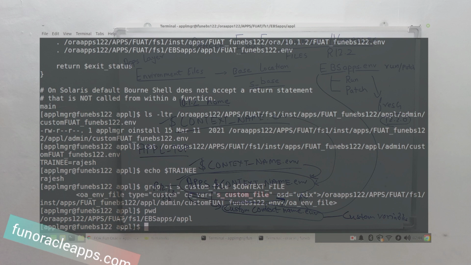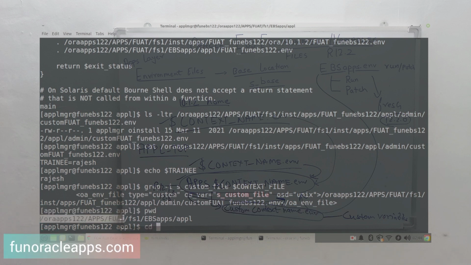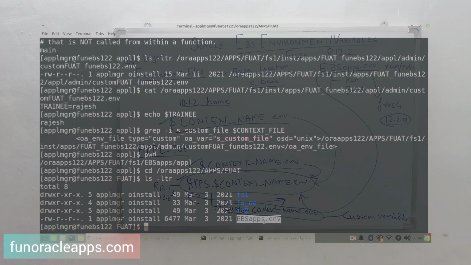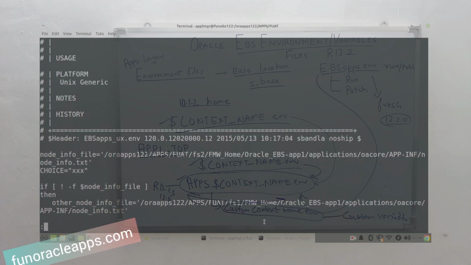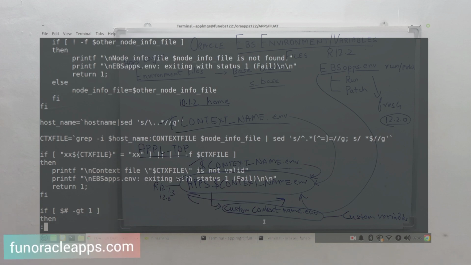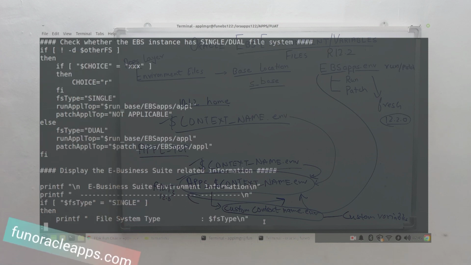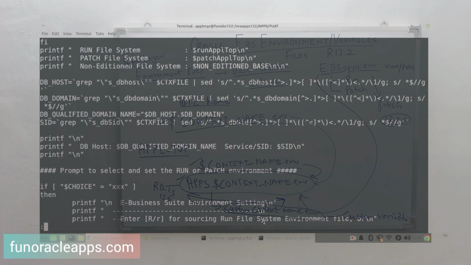Now if we come back to my base location of EBS, you will see this file. I will view this file. Again, this file will be used for both. See what it is doing: it is setting certain information, and then based on that, it will source your environment variables.